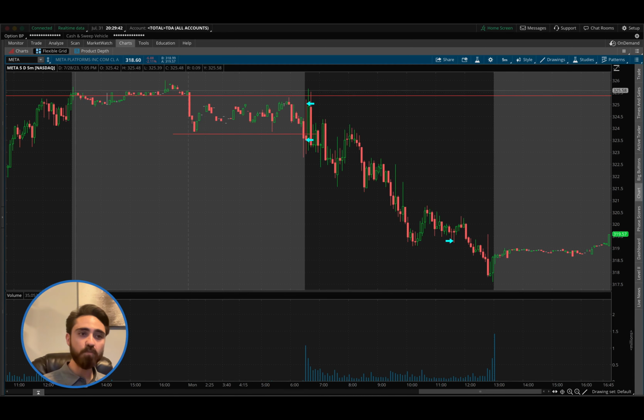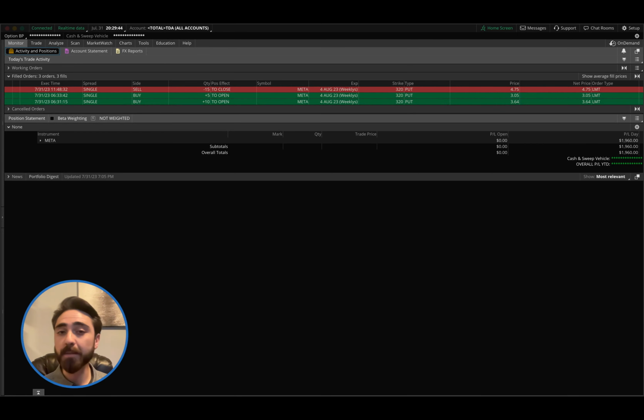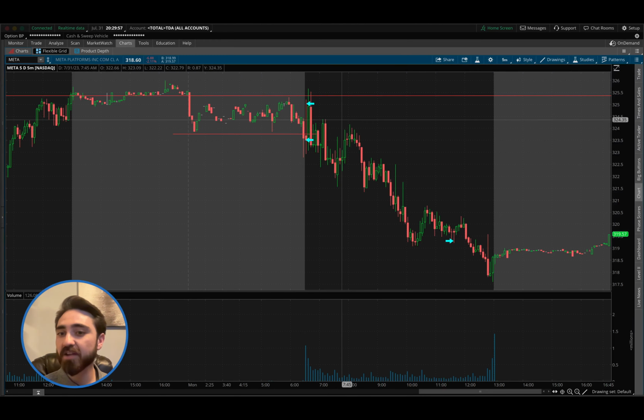So, first thing to note is that we were trading puts. Puts means you make money when the stock goes down. So as the stock went down, the value of our put went from basically $3 to $4.75. So it was around $3 here, down to $4.75 here. Now, obviously, it could have been more if I was still holding it, but that's not what we focus on